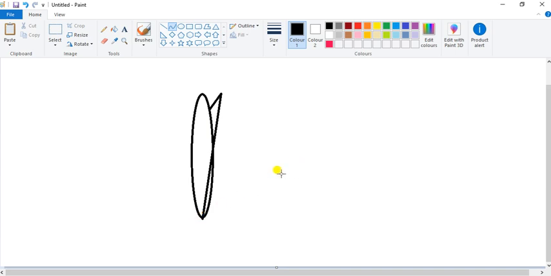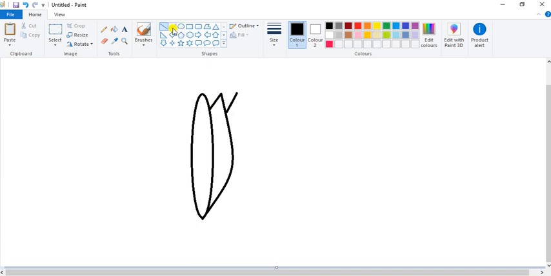Done. Now take your mouse pointer in the middle and drag it, and click here only. Don't click anywhere else. Now again select the line tool. Again draw a little slant line like this. But these lines should not go up to here. See, it does not look like our lotus. So these lines should be here only, at the same level. See, you should maintain the same level. So draw up to here.